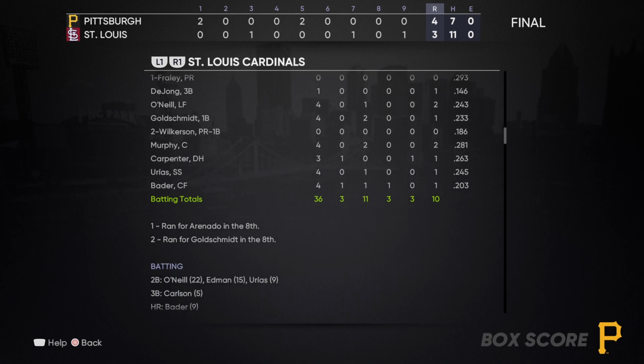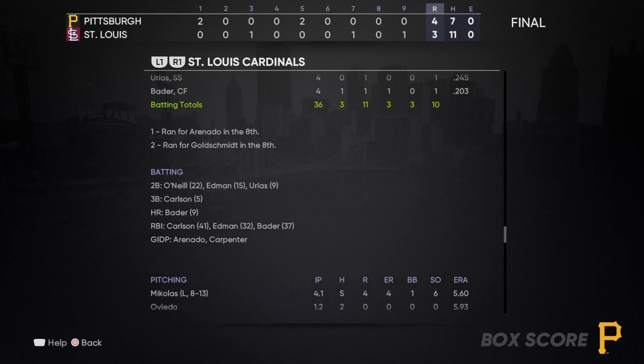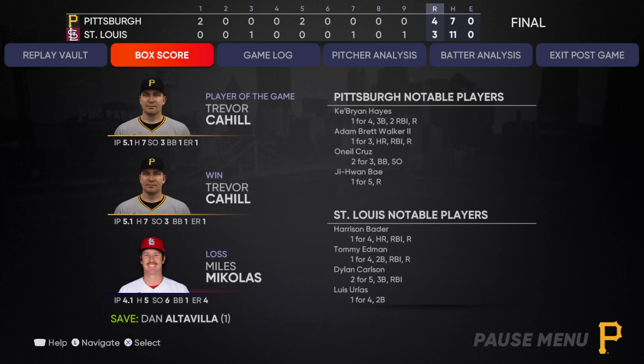For St. Louis, 3 runs, 11 hits, no errors. They left 11 men on base. The winning pitcher